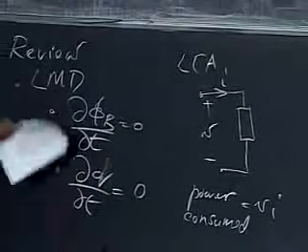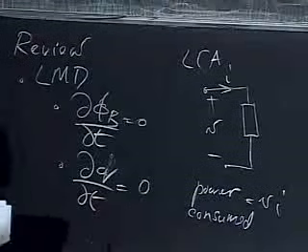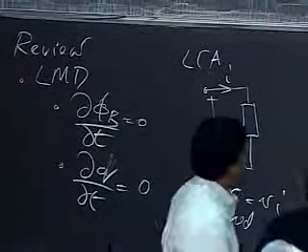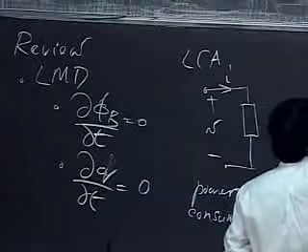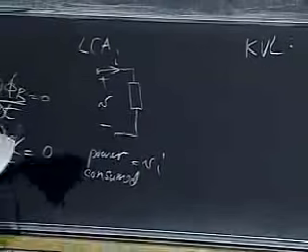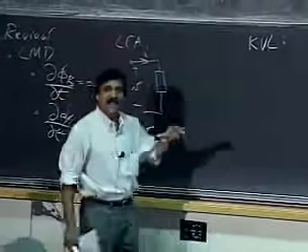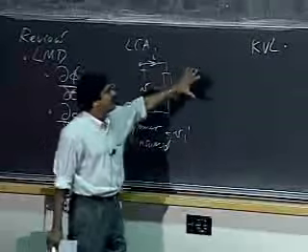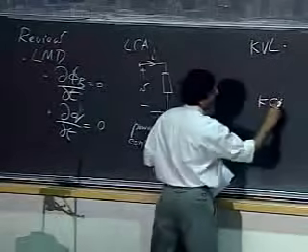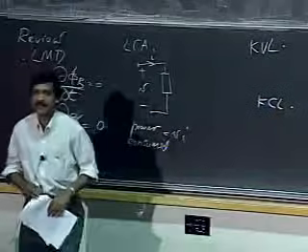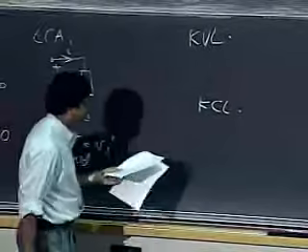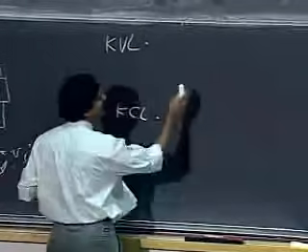So by making these assumptions of the lumped matter discipline, I was able to simplify my life tremendously. In particular, it allowed me to take Maxwell's equations and simplify them into a very simple algebraic form, which has both a voltage law and a current law that I call Kirchhoff's voltage law and Kirchhoff's current law. KVL simply states that if I have some circuit,